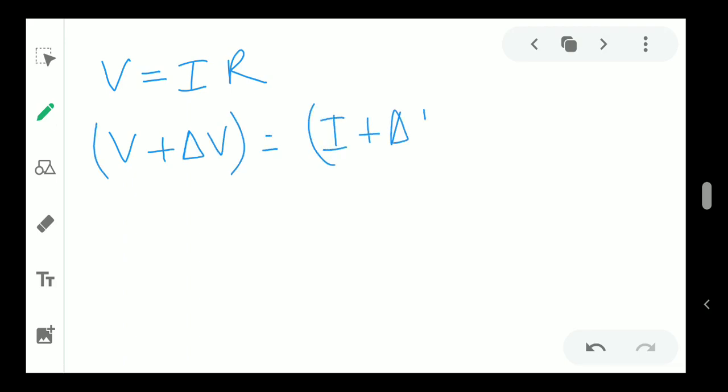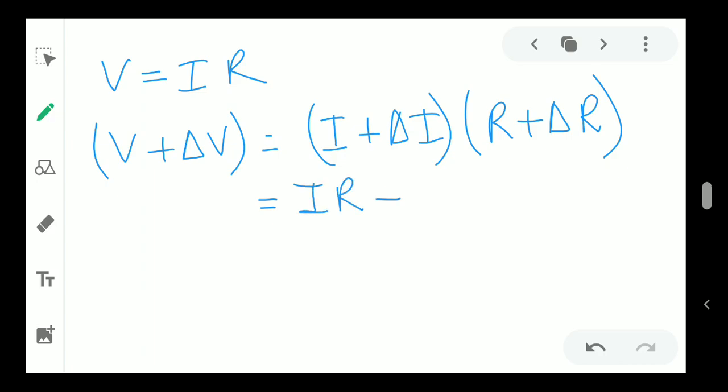So let's say your V equal to IR. With my whole expression I will get V plus delta V equal to I plus delta I, into R plus delta R. Now if you just multiply this all, you'll get IR plus I delta R plus delta I R, plus